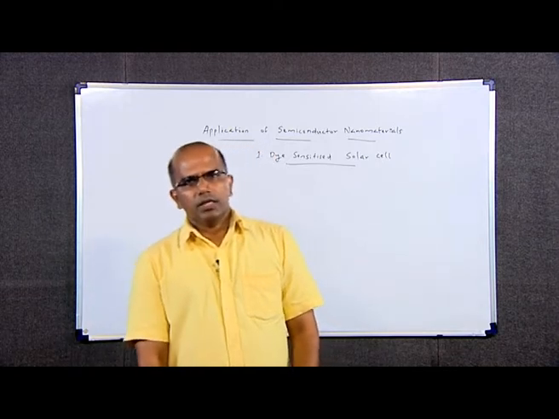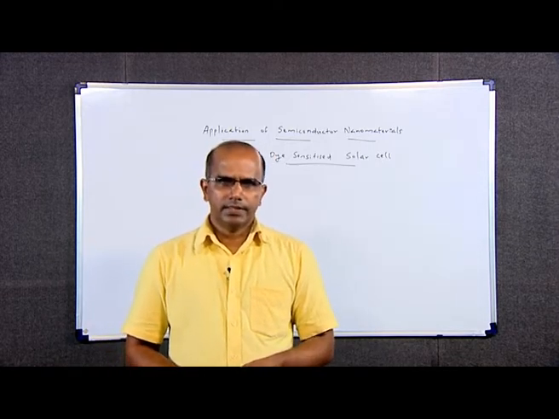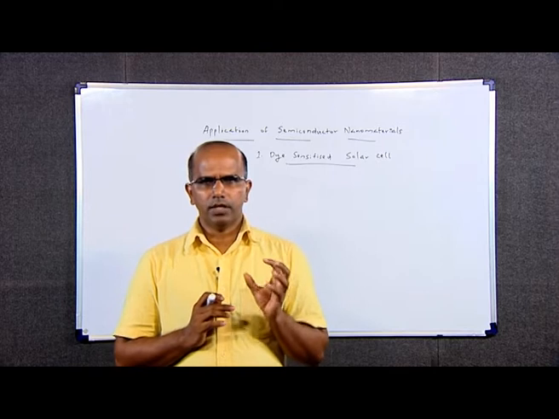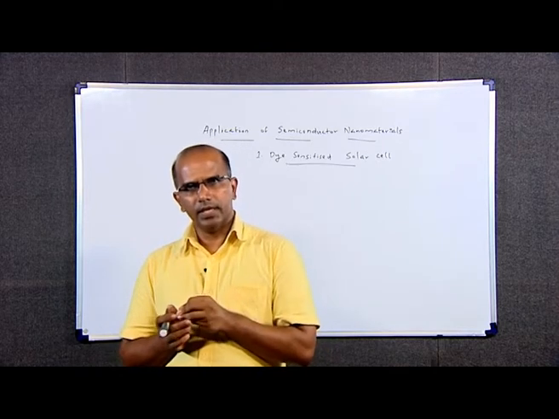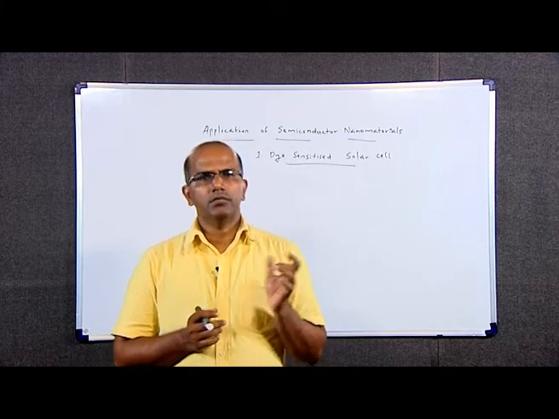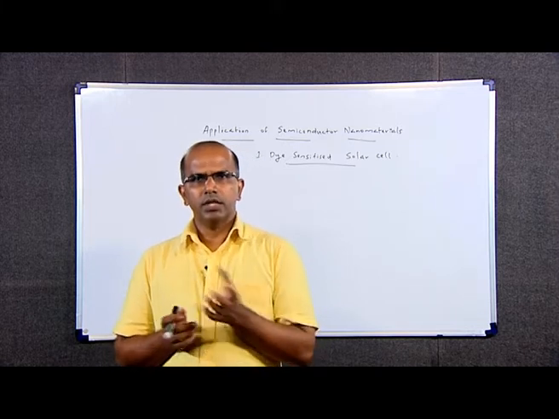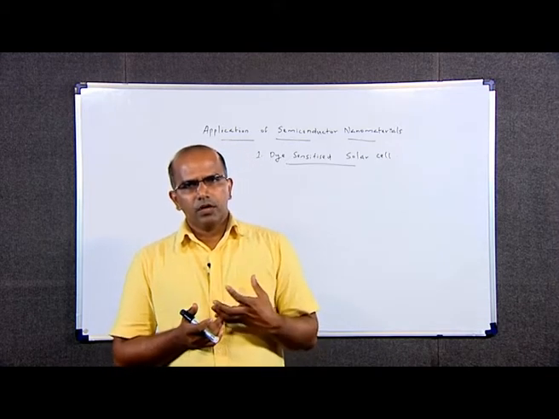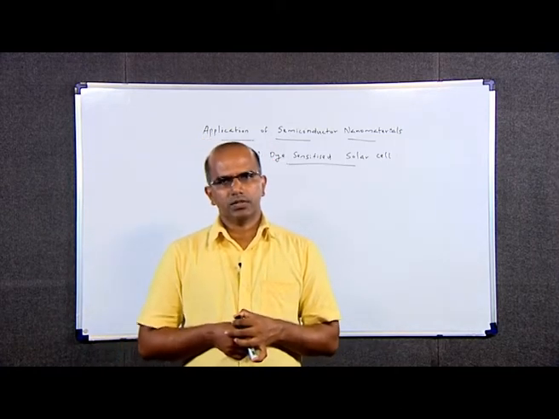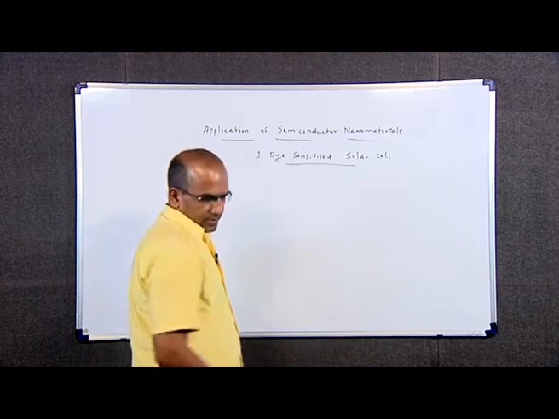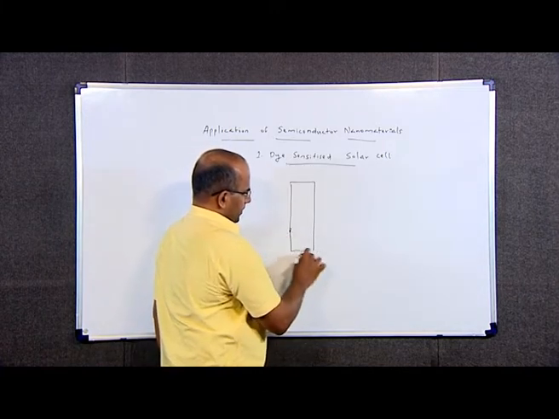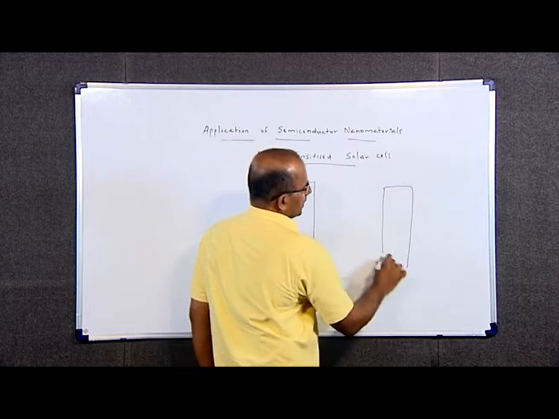Now, we can look at what is the principle behind this dye sensitized solar cell. Basically, I told you the solar cell will convert the available free sunlight into electrical energy. So, how will the dye sensitized solar cell convert the solar energy into electrical energy? For that, we have to look at what components are present in the dye sensitized solar cell. A dye sensitized solar cell is basically an electrochemical cell. The components present in an electrochemical cell are